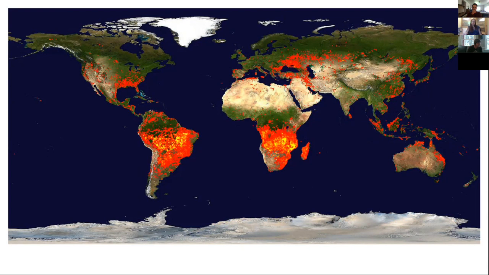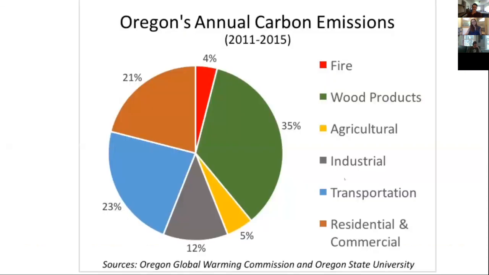Fire is a pittance comparatively, and also the Earth systems have already accounted for fire emissions and can deal with them if they're functioning well. In the Pacific Northwest, and in Oregon in particular, fire is really dominating the conversation. But this chart, which is also in the guide, really shows that despite the dramatic appearance of smoke and fire,